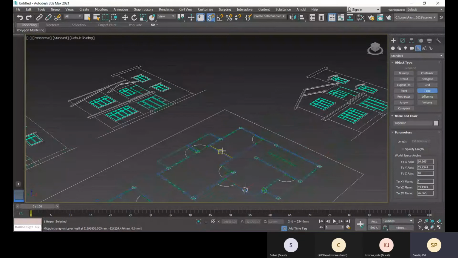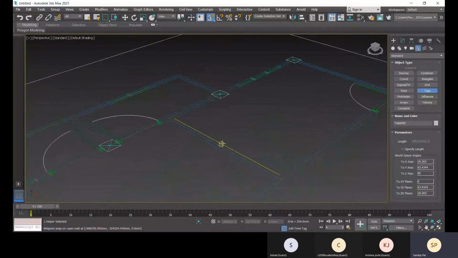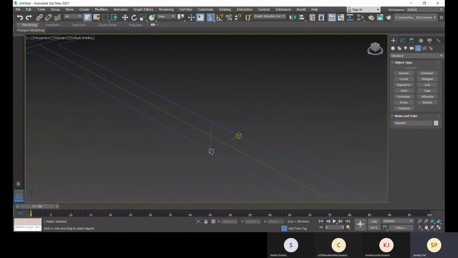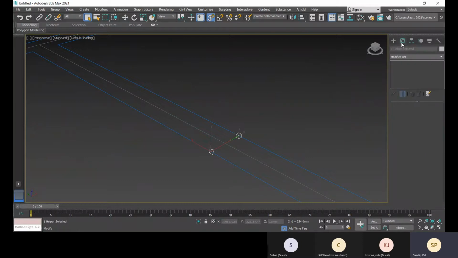Just a minute, let's check it from this point. Just click, hold and drag, then click, and it will show you. Select this again and go to Modify.